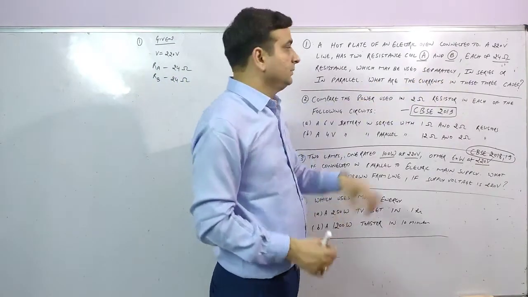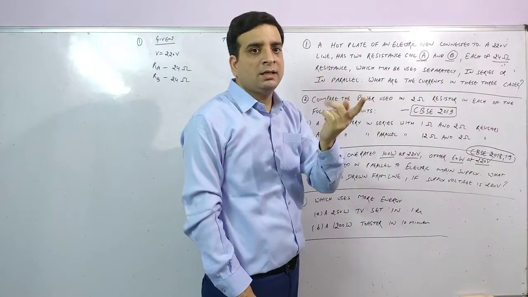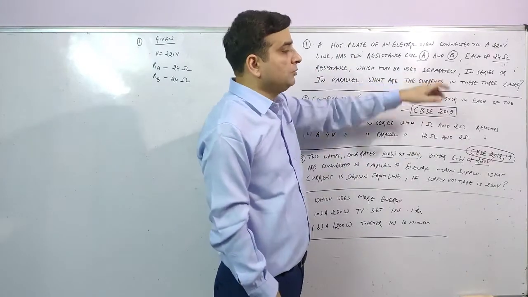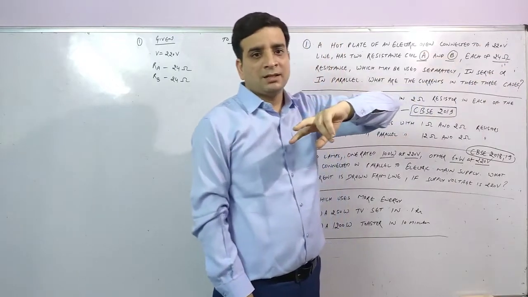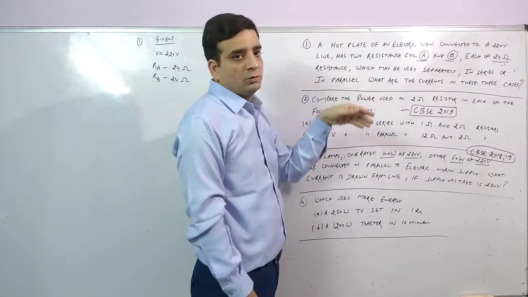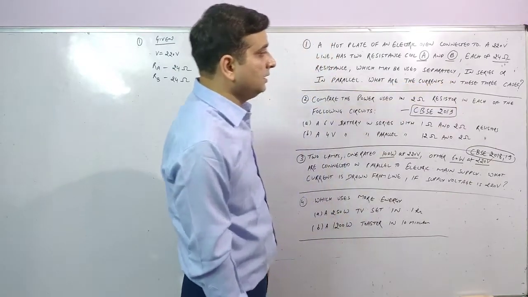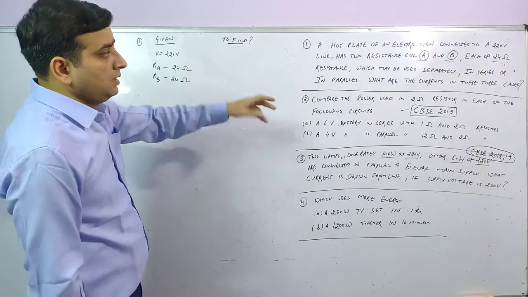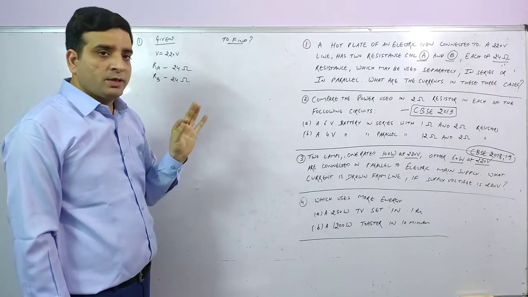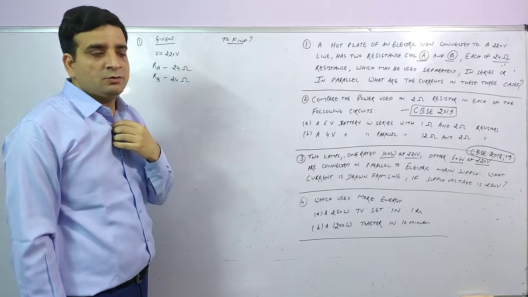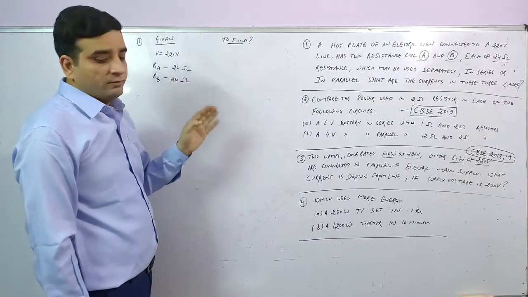These two coils may be used separately, अलग अलग भी, जब हमारा मन करेगा एक चलाएंगे या दो चलाएंगे, either in series, दोनों को एक साथ यूज कर सकते हैं, or in parallel, both resistors in parallel. So what are the currents in these three cases? They are asking that we have two resistances A and B, which can be used separately, in series, or in parallel. So we have to calculate current in each and every case.